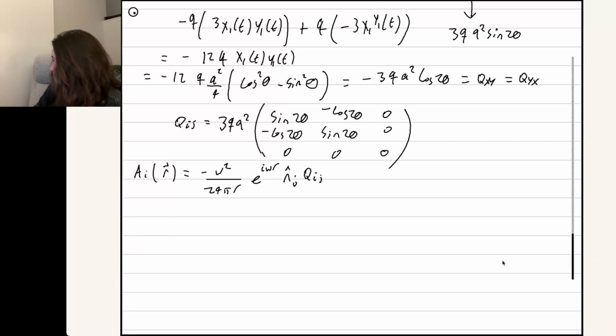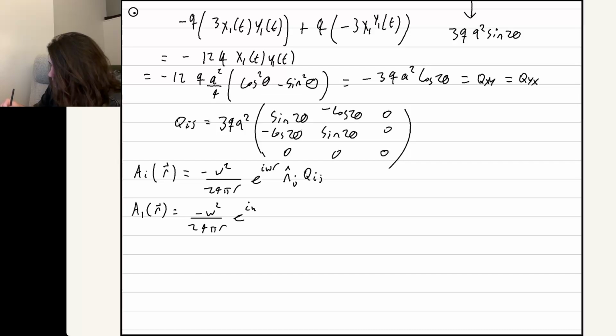We can go by this component by component. So setting i to 1, we have minus omega squared over 24 pi r, we have e to the i omega r, we have x hat, and then we have to sum over j. So x hat times q11, that is qxx, plus y hat qxy,